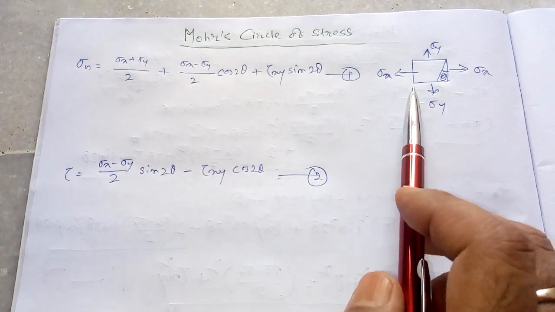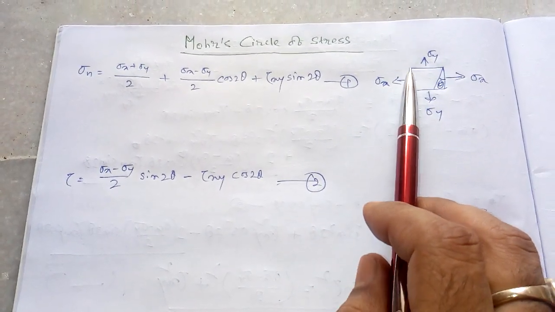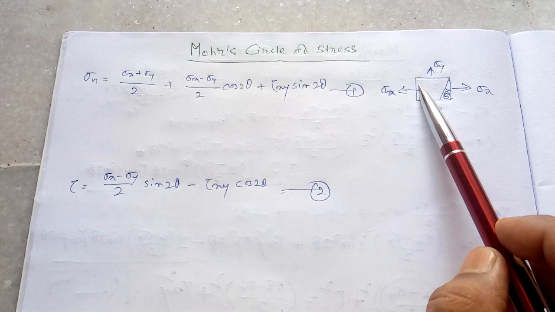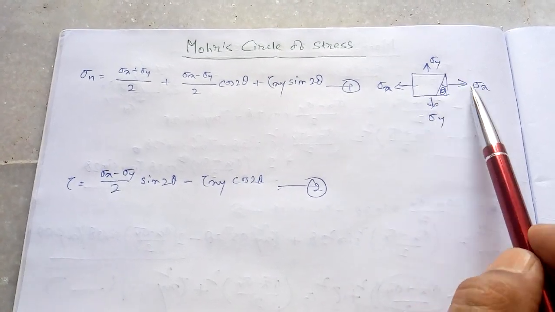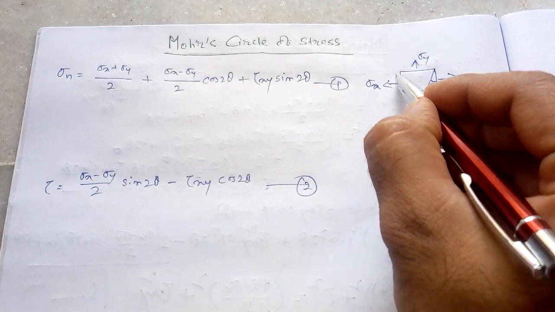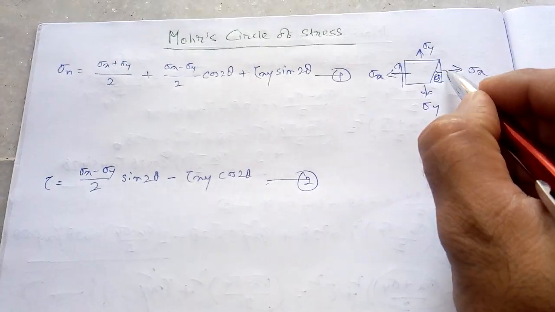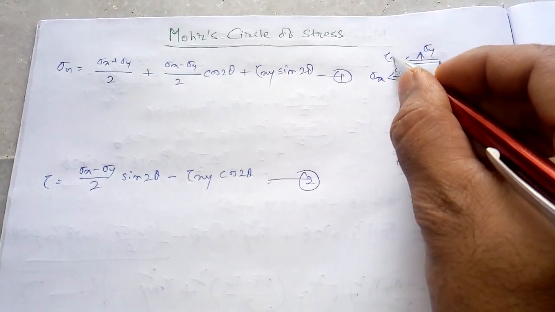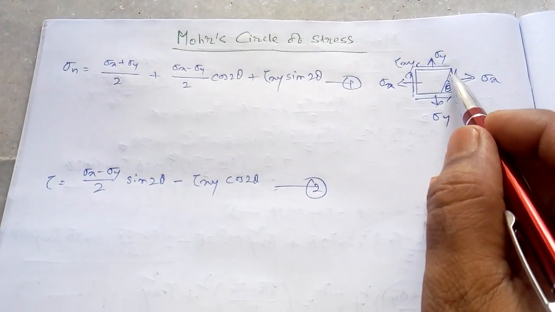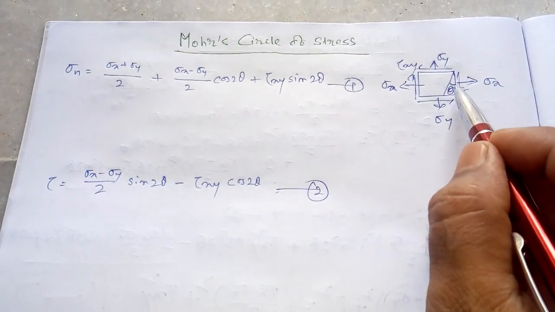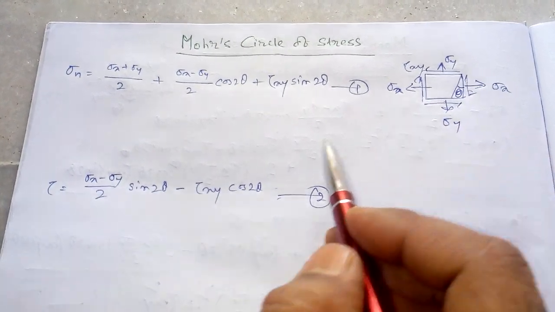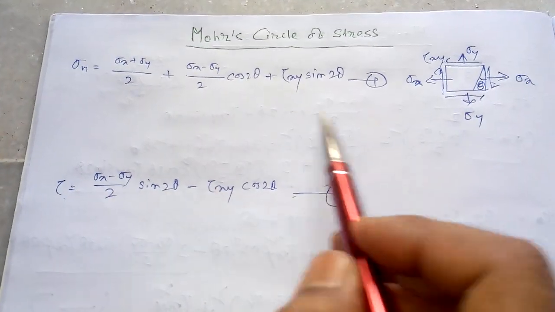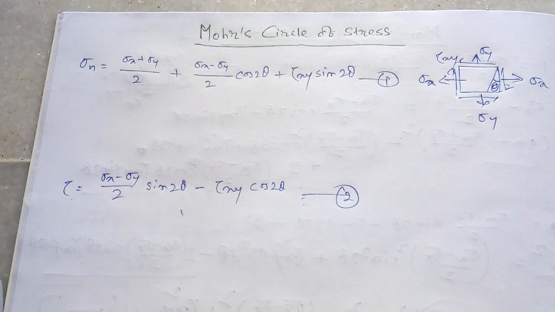Let us see that. In the last class we have got these values: if a body is subjected to load such as sigma x, sigma y, and shear stress tau xy, then for a particular plane which is situated at an angle of theta, we can find the normal stress and shear stress on that particular plane by these two formulae, right? Now